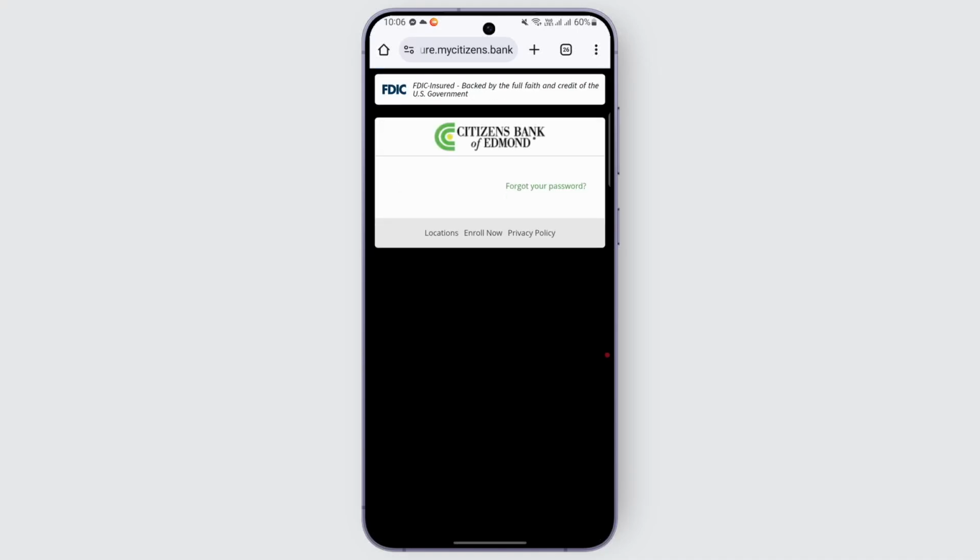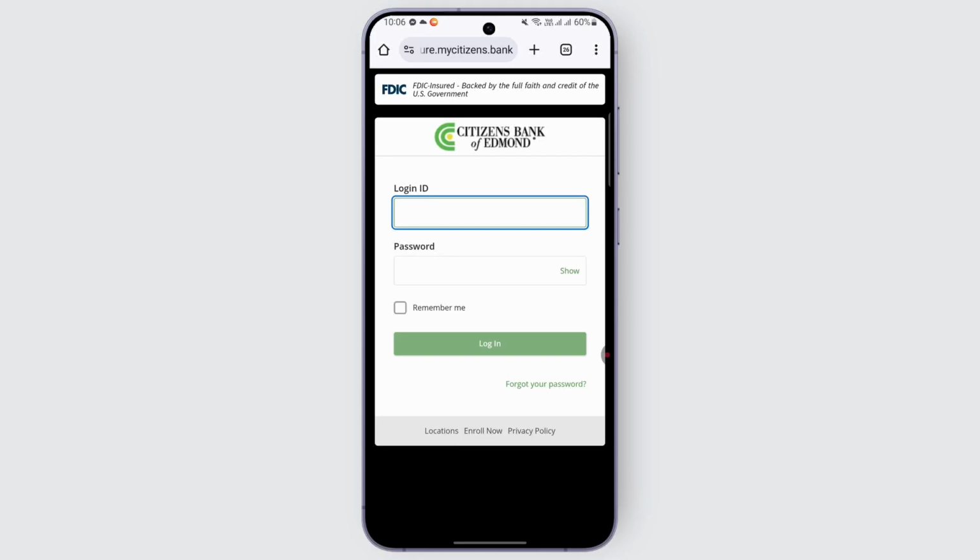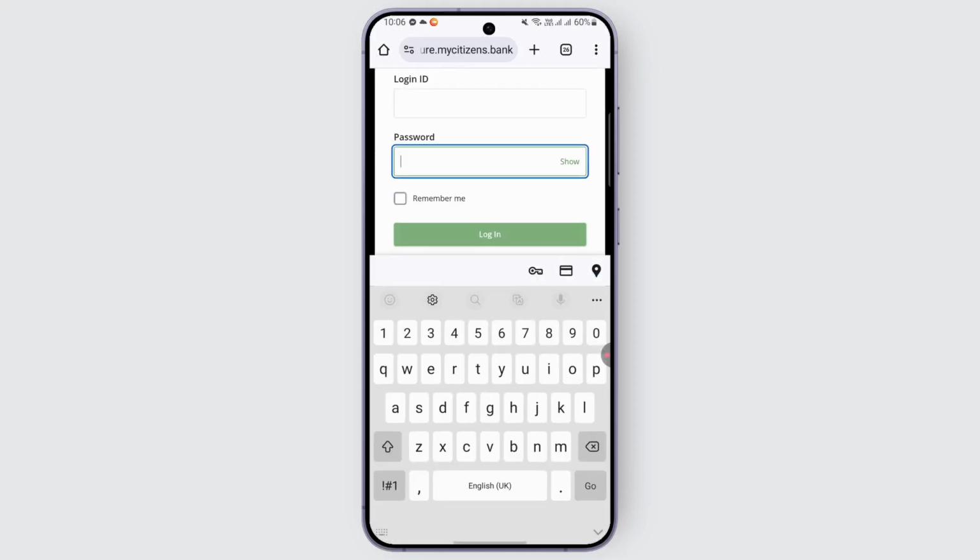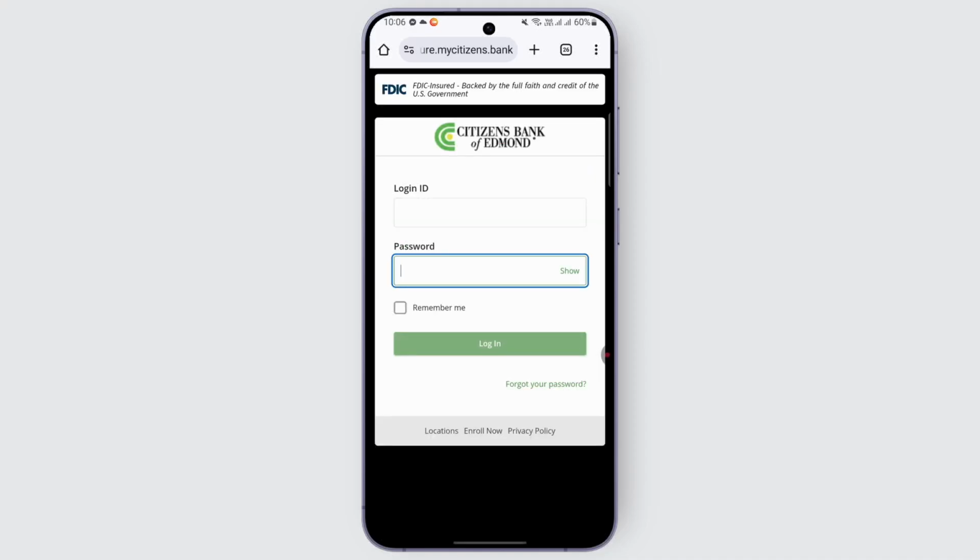And here you go. So here all you gotta do is enter your login ID in this section. So just go ahead and follow the instructions, enter your credentials, and put your login ID right below the password that you created when you initially signed up for online banking and tap on login. And that way you can go ahead and log in to your Citizens Bank of Edmond account and access all of